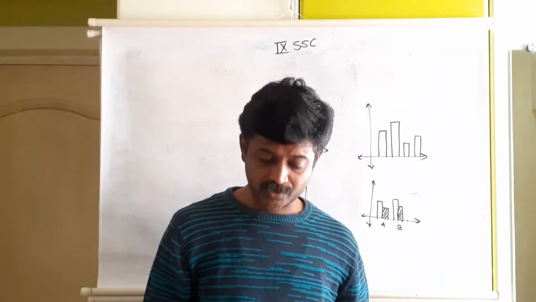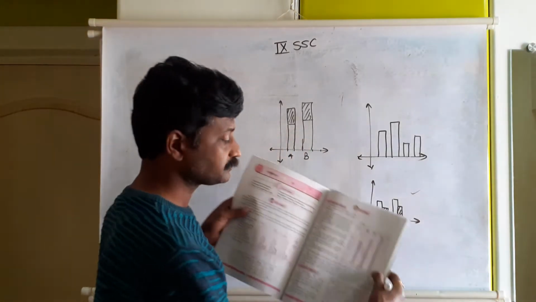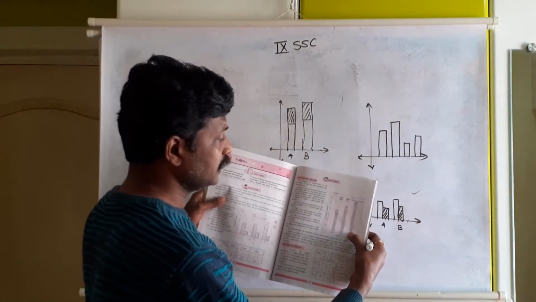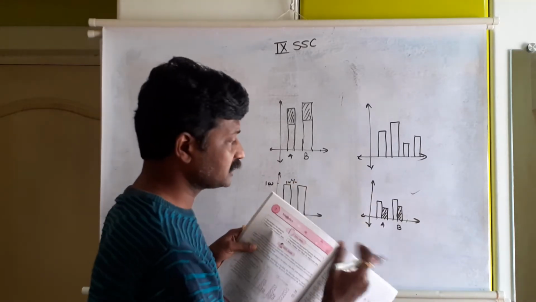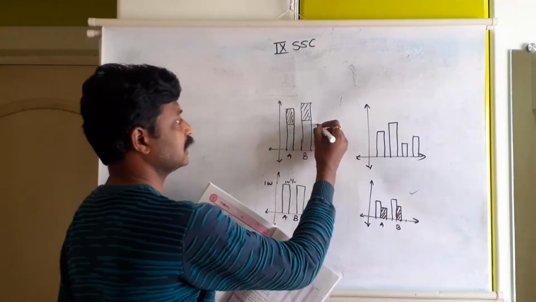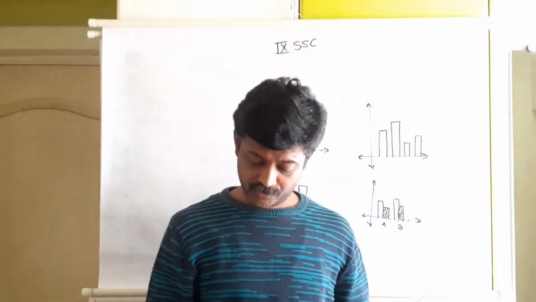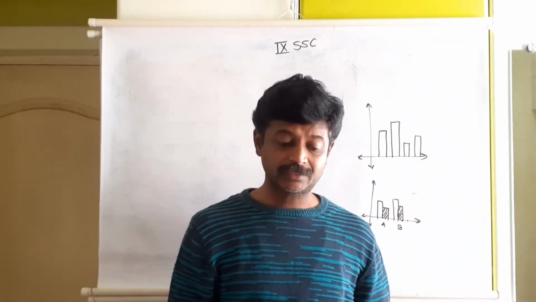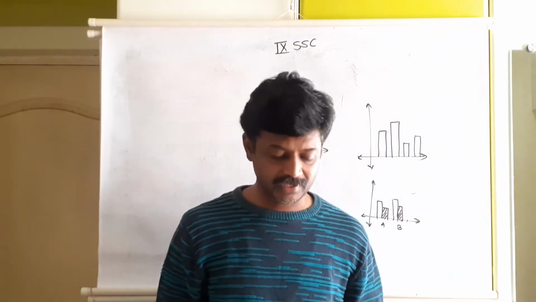Come to page number 109 of the same lesson. Here this graph is shown. Wheat and Jawar, the same question is covered, but the bars are not attached. Bars are of this type. So this is known as a subdivided bar graph. Page number 109 shows a subdivided bar graph. Page 108 shows a joint bar graph.